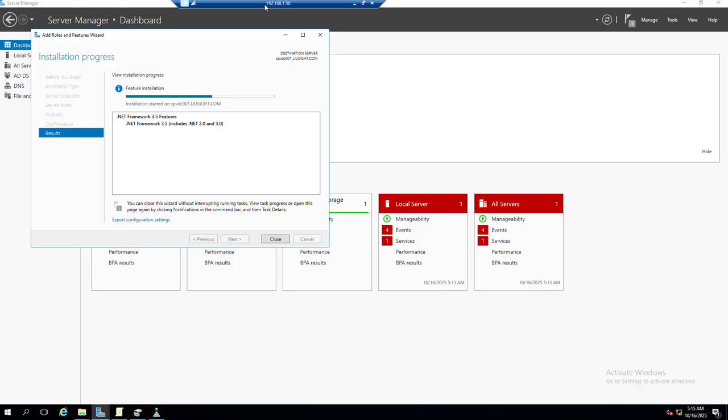But if your application is going to need that, then you need to download the compatible .NET 3 framework from Microsoft, and you need to install that. And you can just right click, run as administrator, and install it. That's different. But if you are doing it on Windows Server 2016, this is how you need to do it. You need to go grab it from your image, or you can still download it from Microsoft